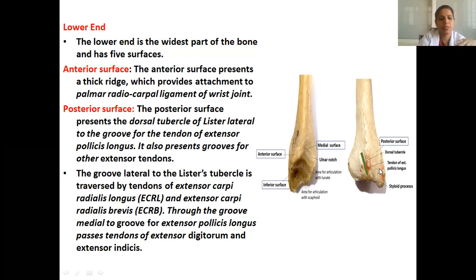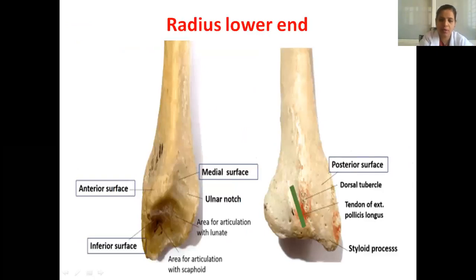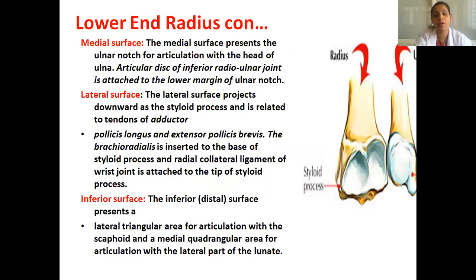Okay, so initially, first, what did we find? Extensor pollicis longus. Apart from that, we also find the tendons for other extensor muscles like extensor digitorum and extensor indicis. You will learn all these muscles when we do muscles of the forearm. Now I am just introducing the names of muscles, so you need not worry so much. Many times the words will be repeated in many other topics of our lectures as well.